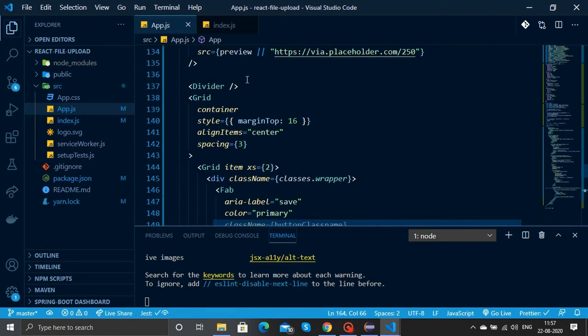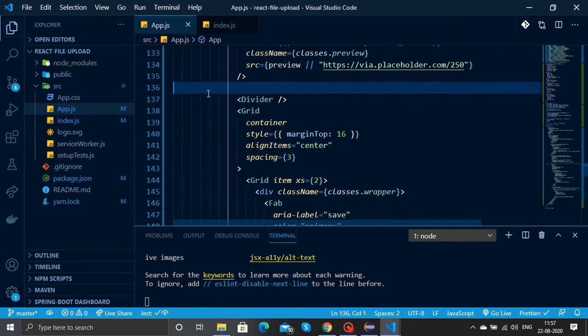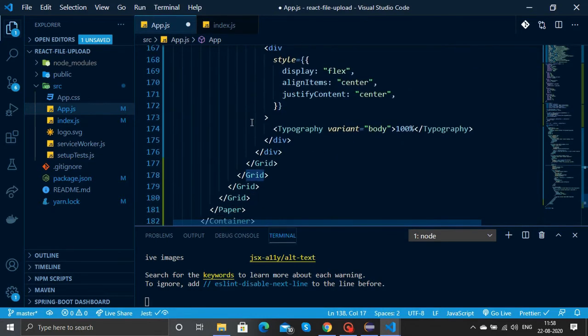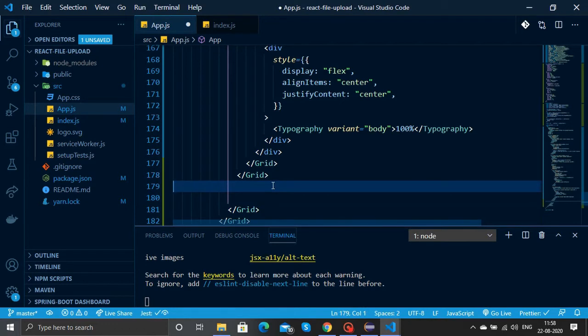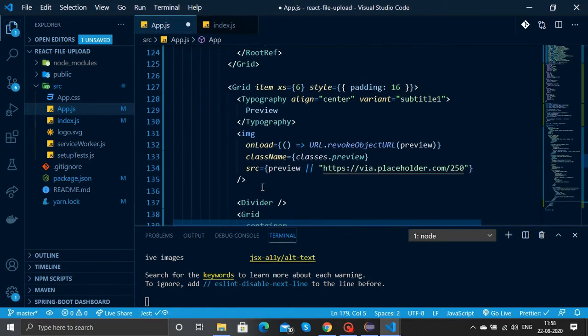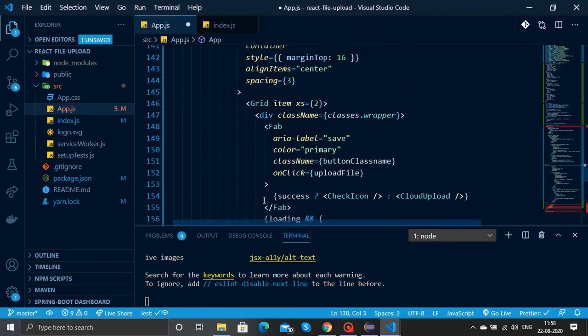Now the bottom portion after the preview, from the divider to the grid after that, where we show the progress, we don't need to show that if the file is not picked. So what we'll do is put a fragment there, and we can put some conditions such that only if the file is loaded we'll show that.